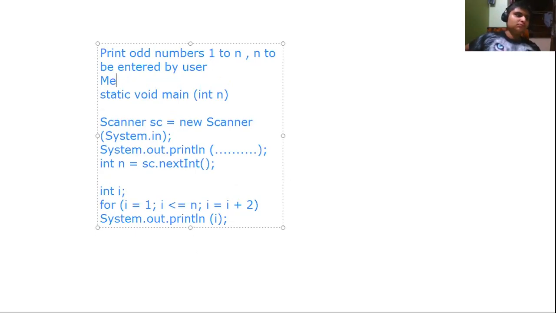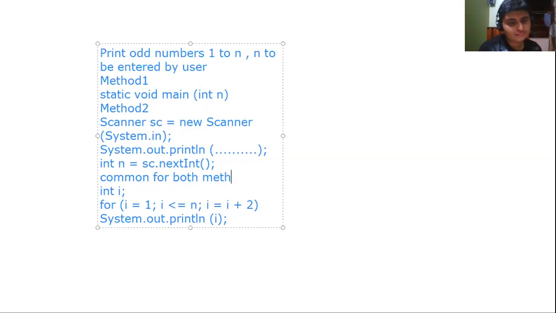So this is method 1 and this is method 2, and this is the main program which is going to remain common for both. This is not going to change.